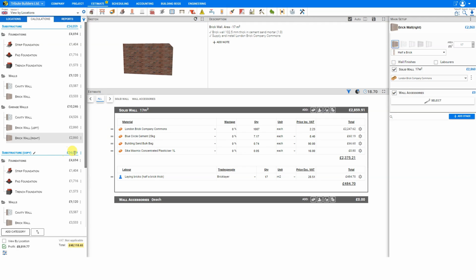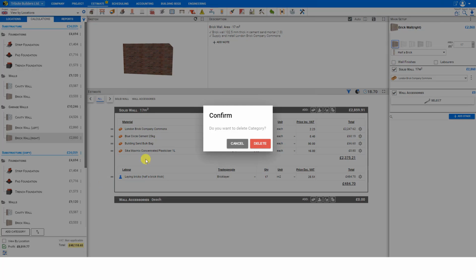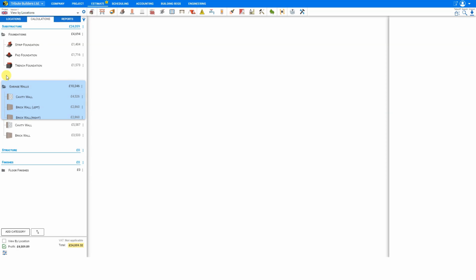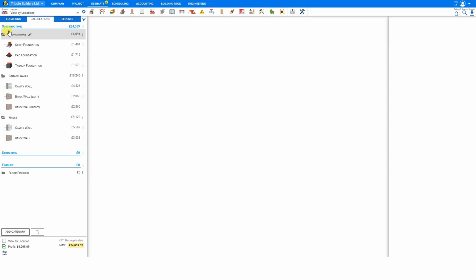Now, if we did this in error and we simply don't need this extra category, we can again go to the three dots here and delete this category and confirm. Now, perhaps we'd like to rearrange these categories. For folders, we can do so just by grabbing the folder and moving it to where we want it. But for the categories themselves, say for example we want substructure to appear at the bottom, so to move this,